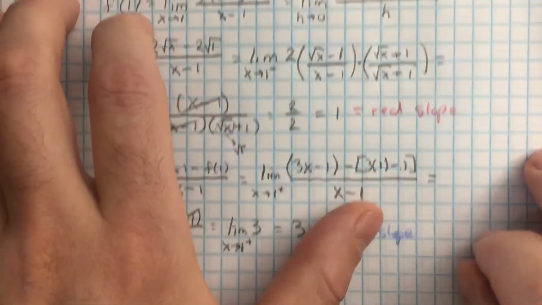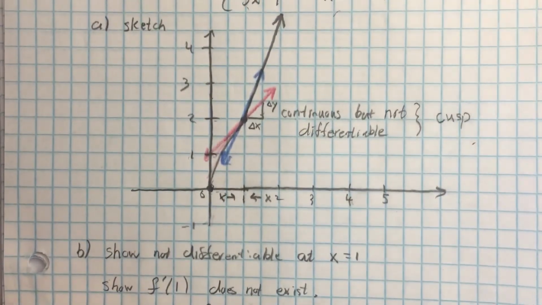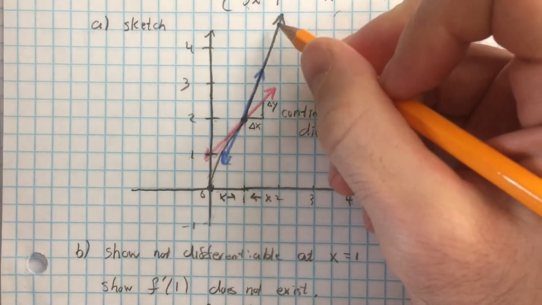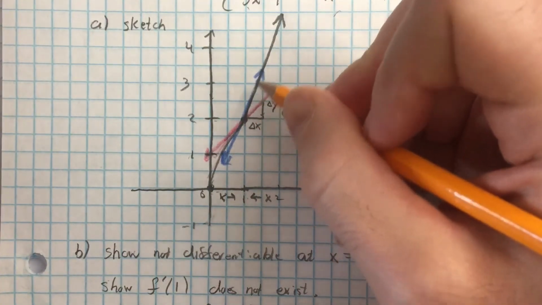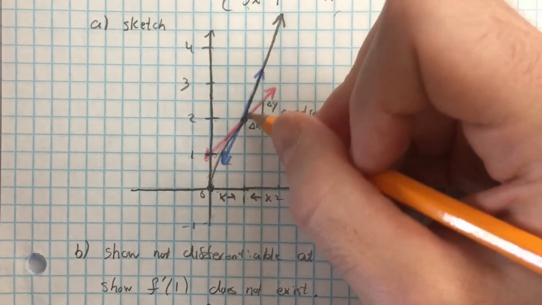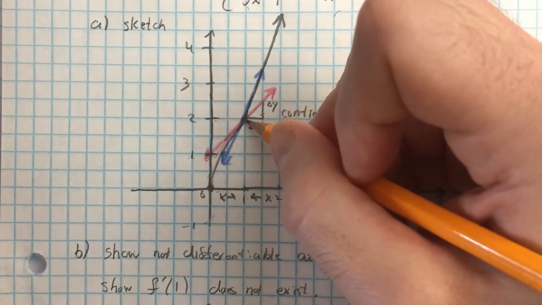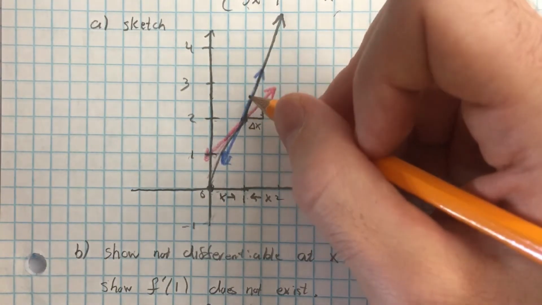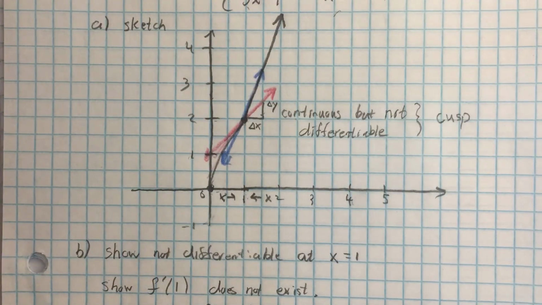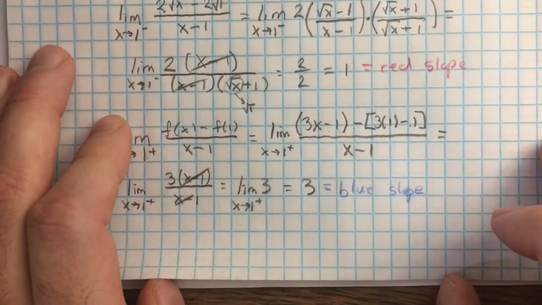Blue slope. So again, as you approach 1 from the right of 1, you're always on this line 3x minus 1, so therefore the tangent slopes are always 3 itself. Even when it coalesces at this location, the slope is still 3 on the right. So since you have a slope of 1 on the left and a slope of 3 on the right of this particular location, so therefore